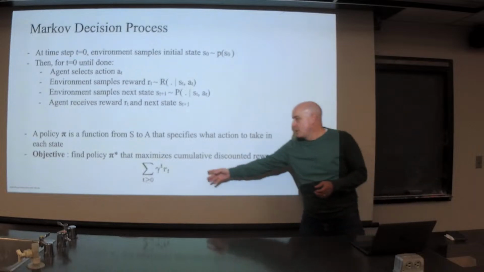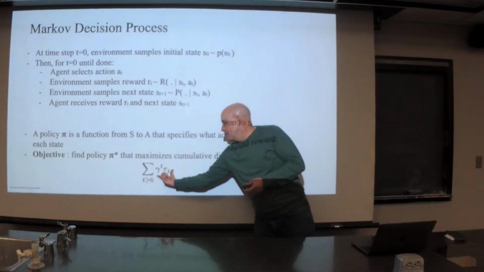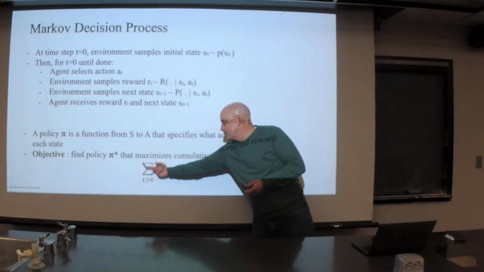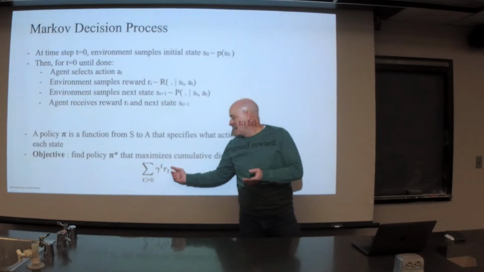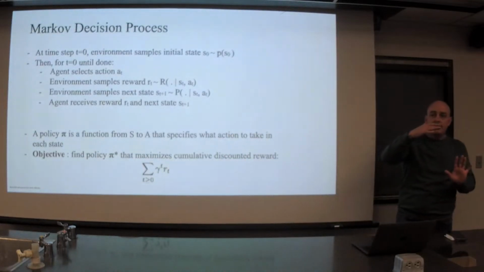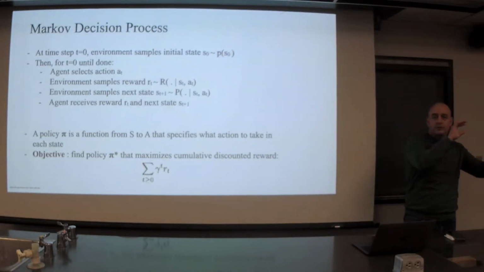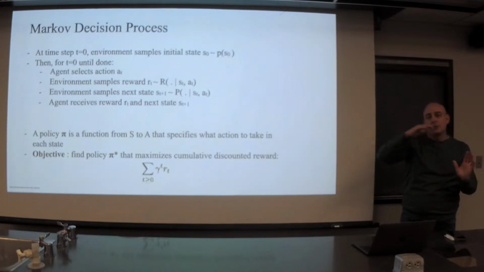So even if the reward is really large out there, that number in the sum is going to be small. What this means is that nearer term rewards are more important. But the larger the gamma is, the more important future decisions are. The larger the gamma is, the more all of the rewards are equally important. Except that it's between 0 and 1.